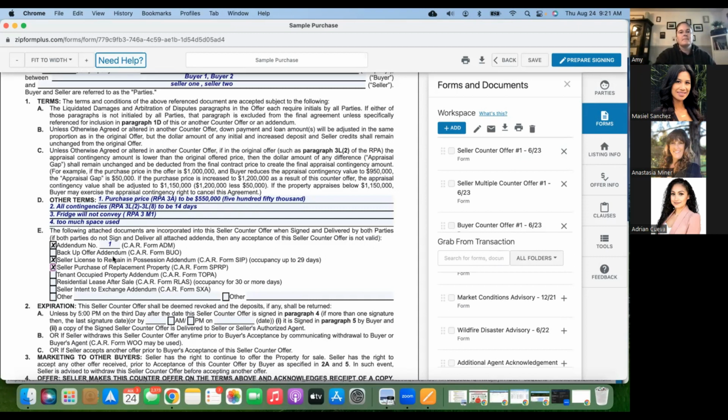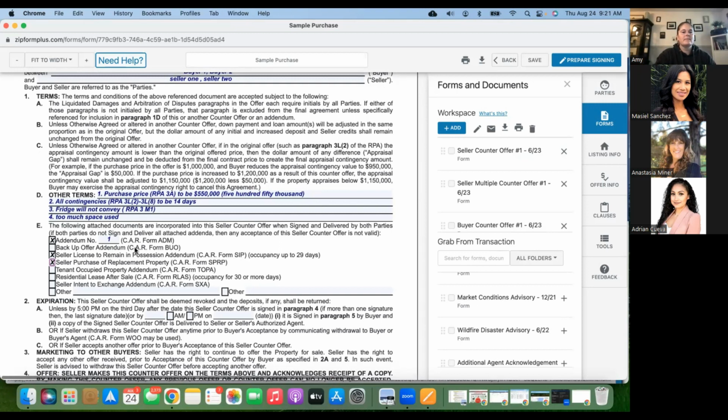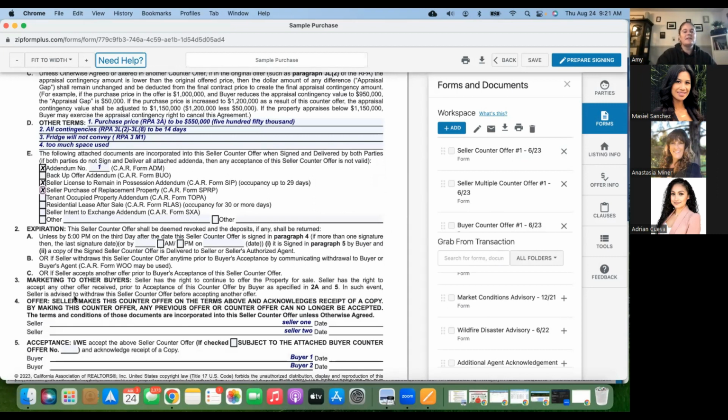Okay. And the acceptance of the counter offer is not valid. Same thing here, it has to be signed by both parties. So if the buyer's accepting the counter offer, the buyer also has to sign that SIP form. They also have to sign the seller's purchase of replacement property or the addendum 1, right? So all parties have to sign both documents for them to be valid and for the acceptance of the counter